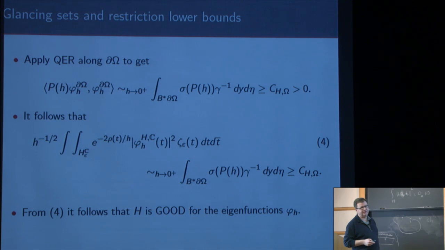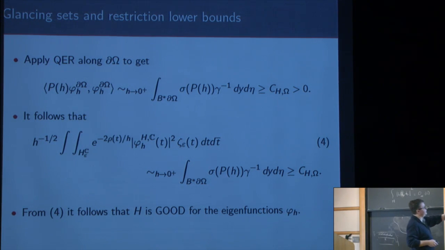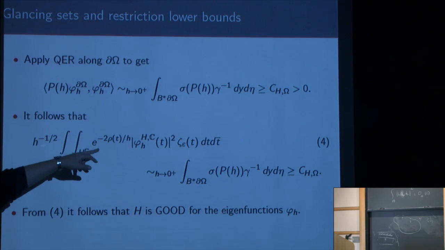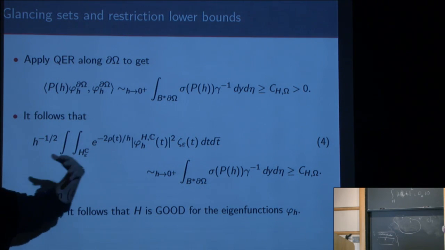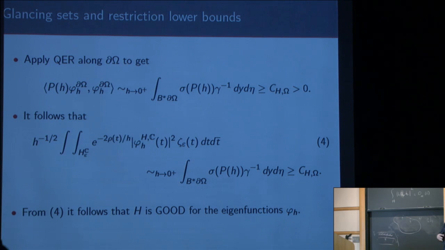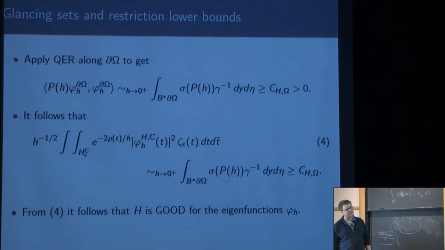Okay, so you should get an upper bound for the... no, because this is only for a piece. I can only control the weighted L2 mass over a piece. There are other pieces of this Grauer tube where I have no idea how to control it. The upper bound is simply false. But if you want the complex line level, you should have an upper bound on the line that is away from the real line, right? Oh, I thought you were talking about it. No, I'm talking about the eigenfunctions.